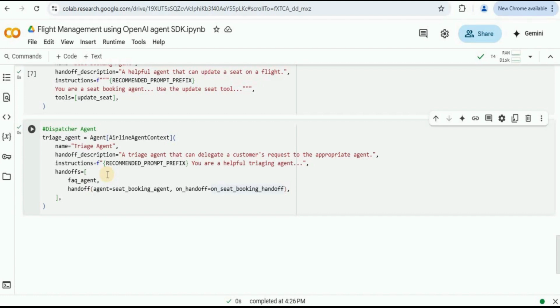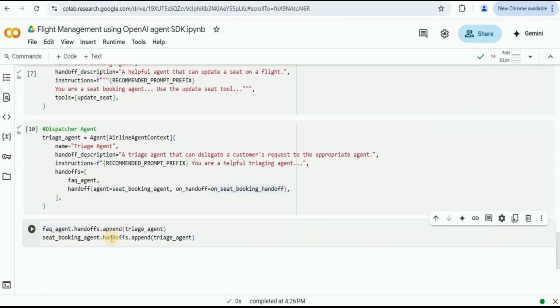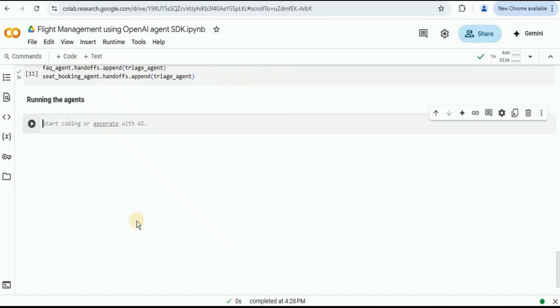And if the triage agent identifies the customer request as a request to update the seat number, it will pass the request to the seat booking agent, which will then call the required tool and the handoff to process the request. And then finally, we are going to append the triage agent to the handoffs of both the agents. And then finally, we are going to go ahead and run the agents in order to understand the entire flow.